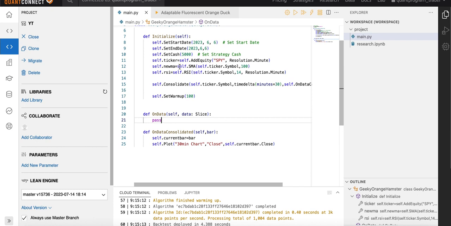So we've got a new MA, and we've got a ticker symbol, and we've got a 100-period moving average. So we've got a warm-up period of 100. So it basically takes 100 periods of the 30-minute and warms it up before anything happens. And then now let's create a new thing. We'll just write in